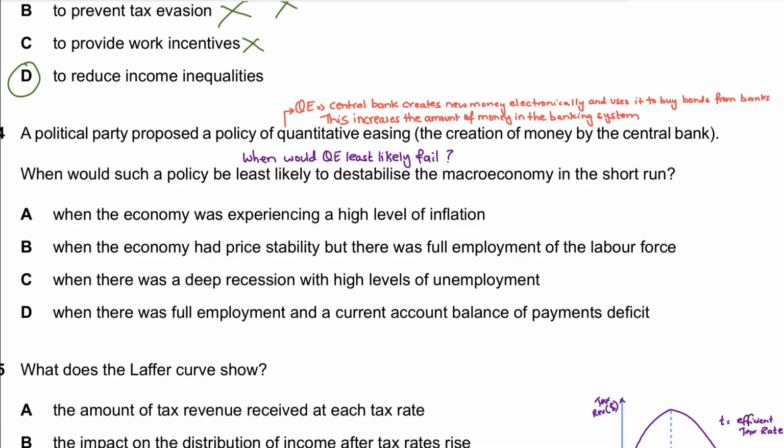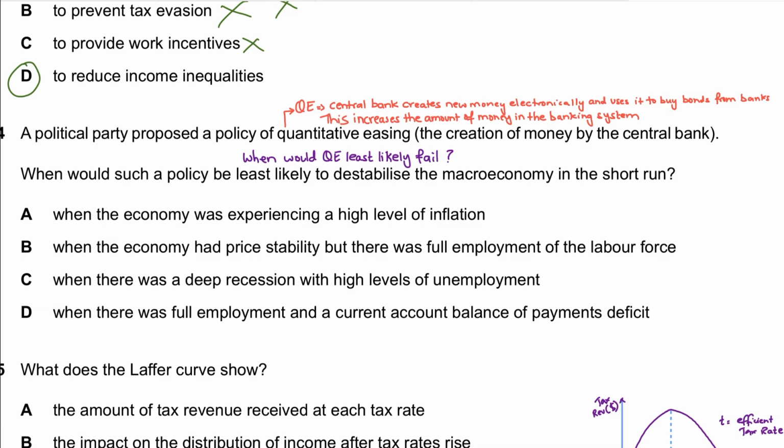You must know what quantitative easing is. Quantitative easing is basically an expansionary monetary policy, used in a liquidity trap where traditional monetary policy fails, when interest rates are too low and no longer effective, when normal interest rate cuts are not effective. So the central bank creates new money electronically, and uses that electronic money to buy government bonds from banks, and it credits the banks with that money, which creates new reserves within the banking system.